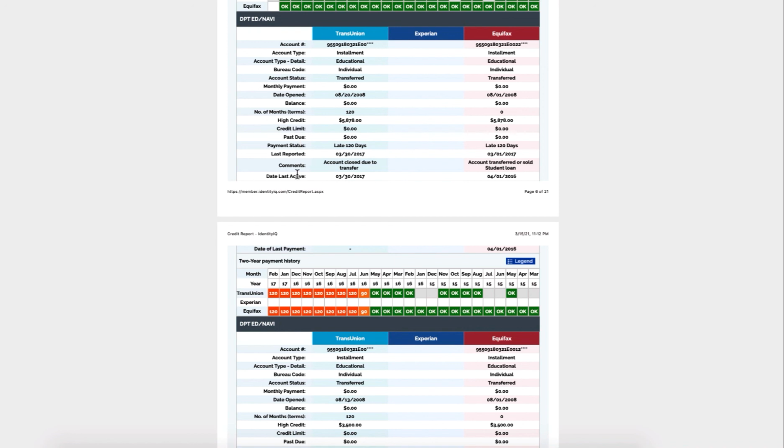Date of last active. Okay, this is huge. This is actually almost a year difference. Again, it doesn't matter if it's a 1 day difference or a 10-year difference. It's not accurate information, and you have leverage to get this account deleted. So this is everything that I mentioned. You're going to mark this off when you're writing your letter, screenshot this, include it in the letter, and you have ammunition to get this account deleted, because based on all of these violations and inaccurate information, not following Metro 2 compliance, and not up to the OSCAR protocol,